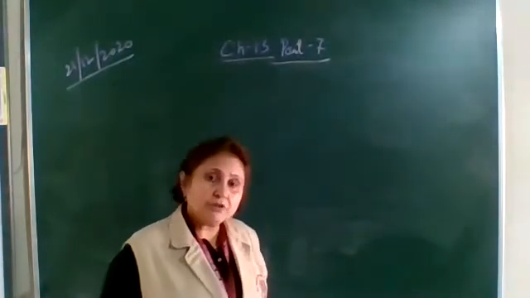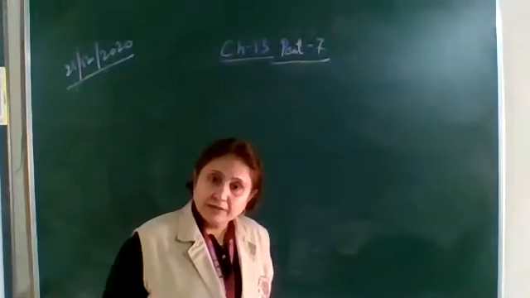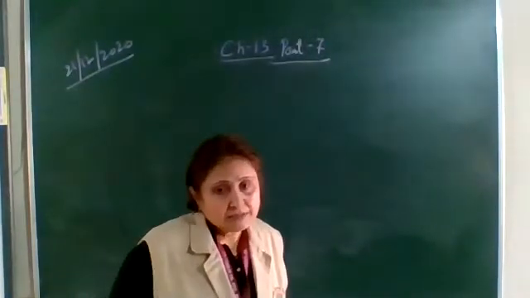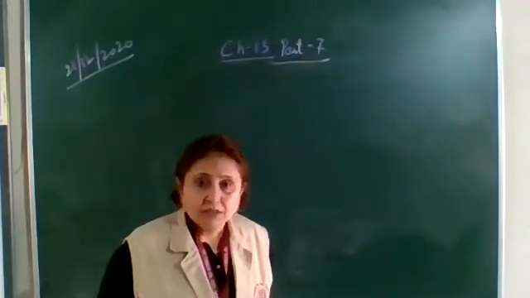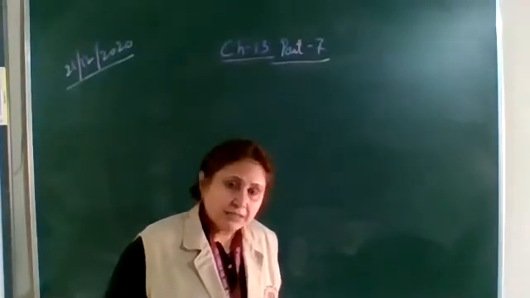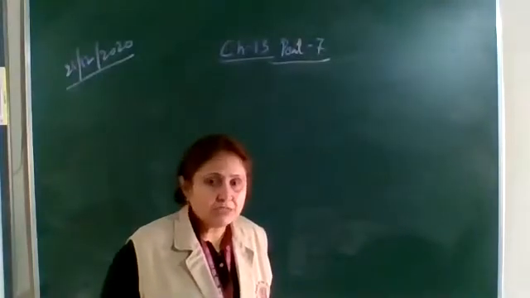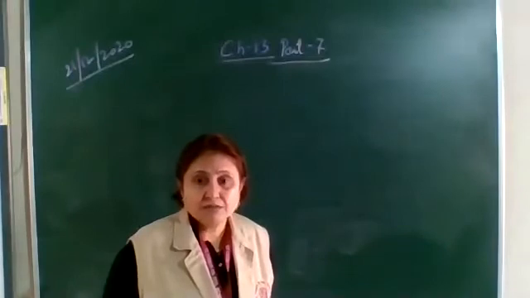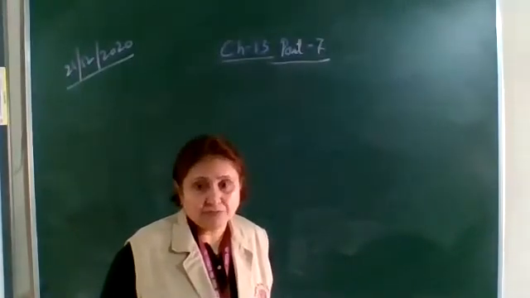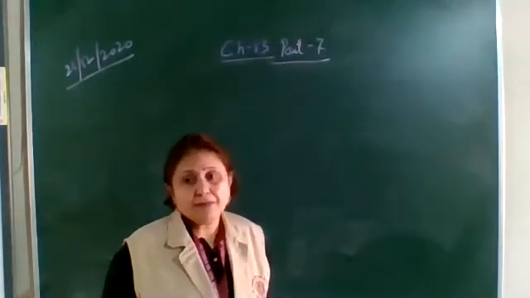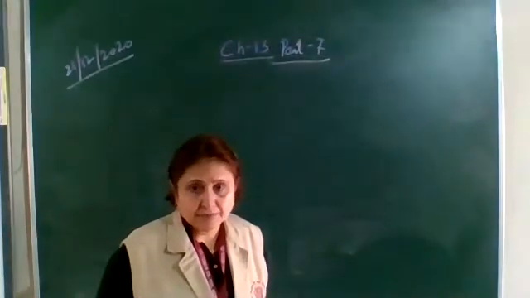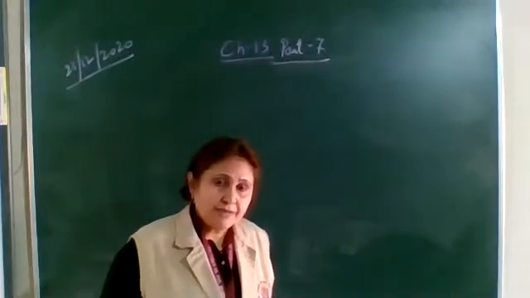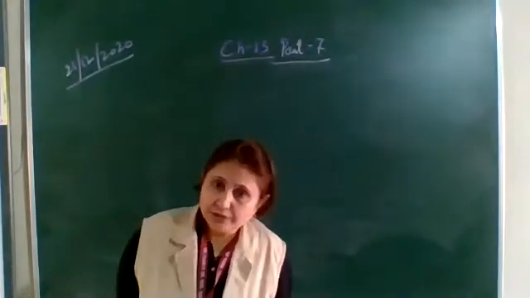And how do we find out north and south pole for a solenoid? Looking from one face, if the current is in the anti-clockwise direction, that end will become a north pole and the other end will become a south pole. The magnetic field lines go outside north to south, inside south to north. And inside the solenoid, the magnetic field is very strong and uniform. Uniform means at every point the magnetic field is the same. Magnetic field is a vector quantity, so the magnitude of the magnetic field and the direction at every point will be the same.